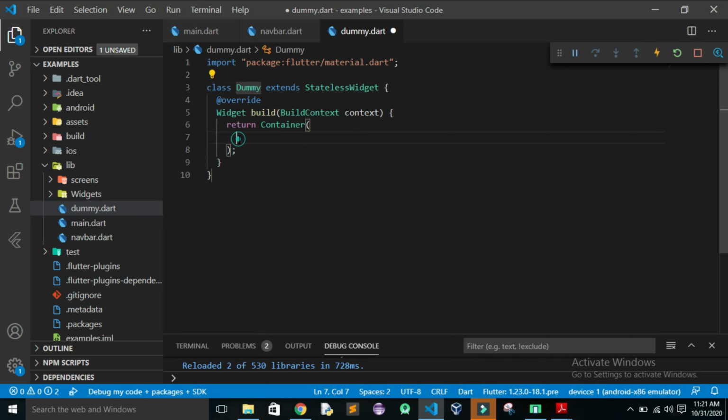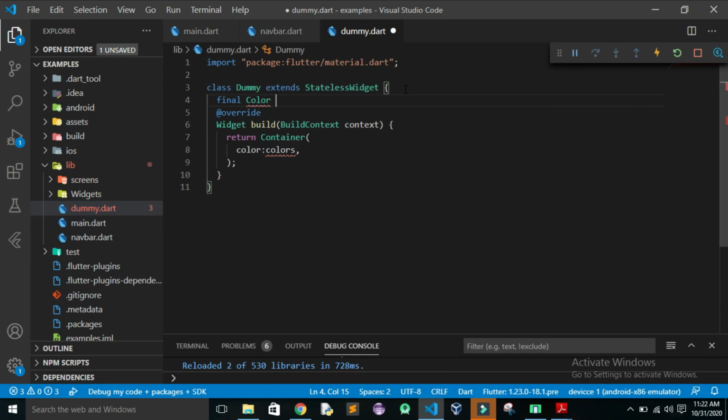And here I'll return a container, and simply I'll give the color value as colors. And now since we don't have the value of colors, we'll make a variable that is color, and it is of type color, so I'll use that.